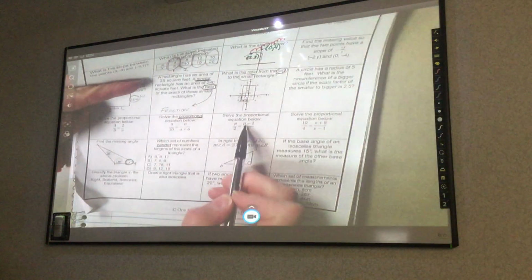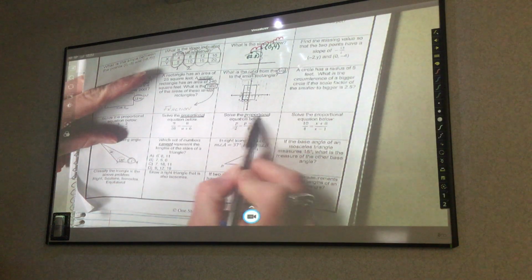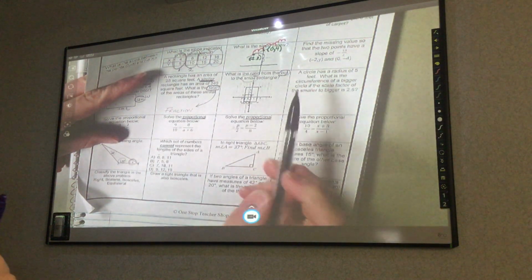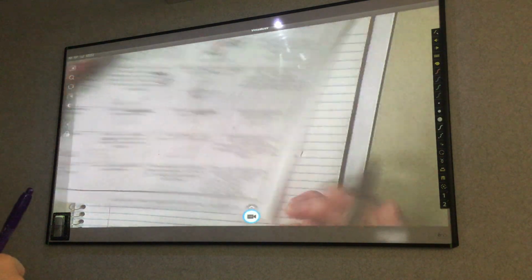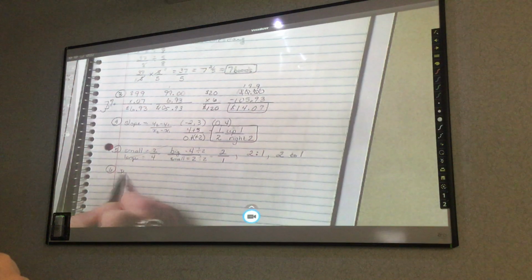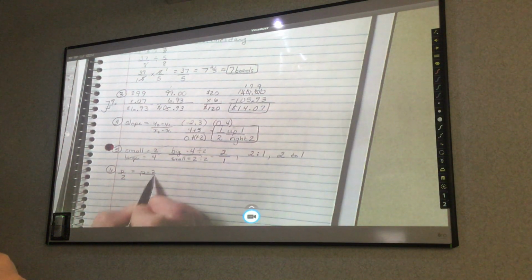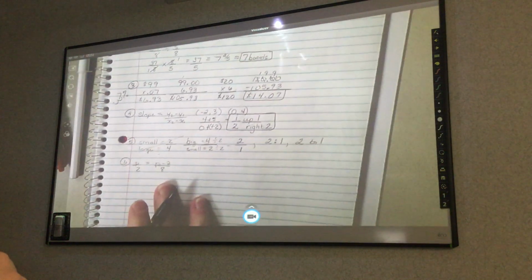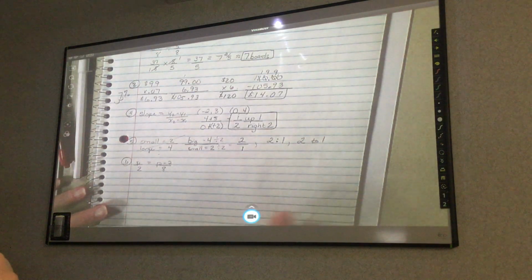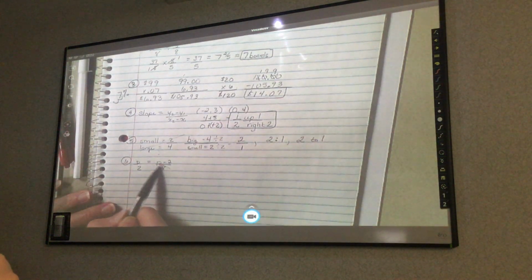Number 6 is like yesterday's. It's a proportional equation. Notice I'm underlining things on my paper, circling things. You need to be doing the same. Then I'm going to rewrite it on my paper: P over 2 equals P minus 2 over 8. We just assume we don't know what these are, right? If I'm solving this proportion,